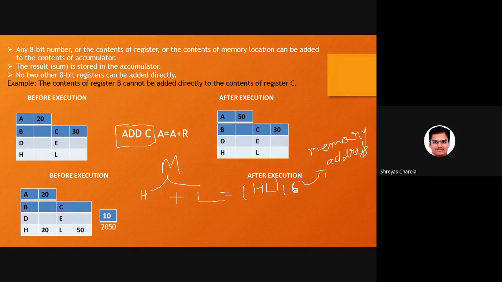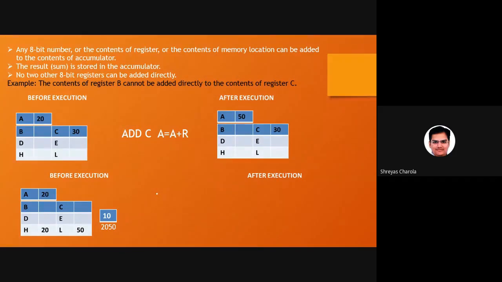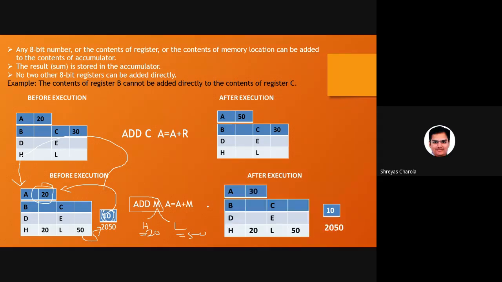Okay, so whenever I write like this, I'm removing these things now. Let's suppose I write ADD M. What does it mean? M means again HL. What is the data in HL? Here the data is 20, here the data is 50. When you combine, it will go to this location. What is the data here? 10. That will be added with the accumulator, and the answer will again be stored in the accumulator. So what is the answer? 30 in the accumulator. Very good, Archit. Okay, that is the answer.